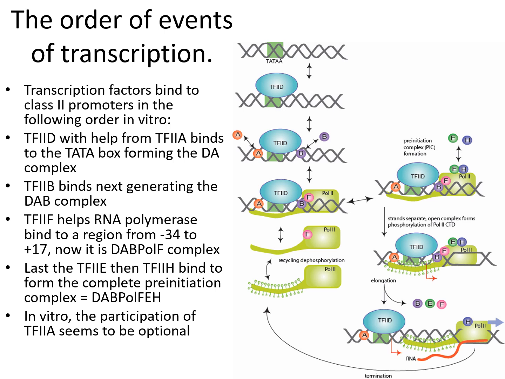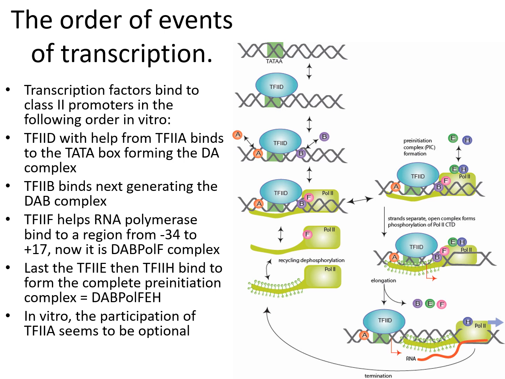The first step of the transcription is the binding of TFIID to the promoter. TFIID, with help from TFIIA, binds to the TATA box, forming the DA complex. And then TFIIB binds next to generate the DAB complex. TFIIB is critical for the assembly of the initiation complex and for the location of a correct transcription start site. Subsequently, TFIIF binds tightly to RNA polymerase II, and this complex binds stably to the promoter. Finally, TFIIE and TFIIH bind to RNA polymerase II to form the complete